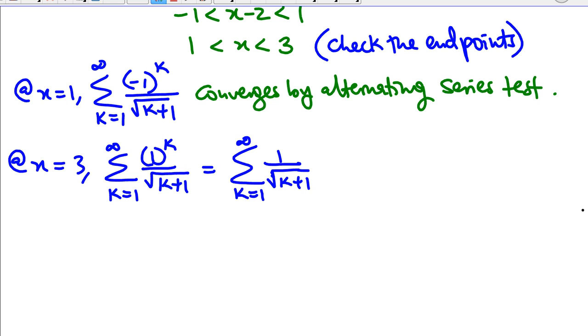One way, the easiest way actually to find this out, maybe this will be a shortcut, is you can rewrite this starting from k equals 0 instead of k equals 1. Anyway, I'll just use the